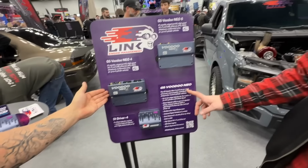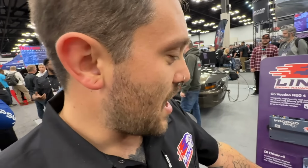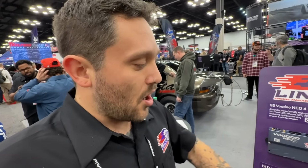And what is the DI driver for? So, the DI driver is going to be a standalone direct injection amplifier for injectors to run with the Neo 4, Neo 6, and the Voodoo Pro. So this unit could be used as a standalone unit without our ECUs if you wanted to use a DI amplifier box. But the new thing with the Neo 4 and Neo 6 is this is going to be... Because DI injectors require...